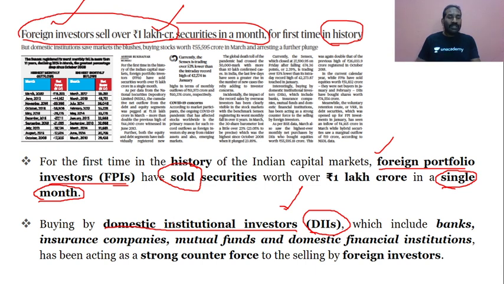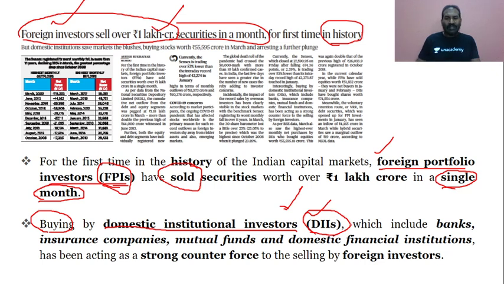So the domestic institutional investors are buying, while there is a selling spree from the foreign portfolio investors. This is very important from the analytical point of view. Please do understand, this is the analytical point of view for prelims, as well as for better understanding for mains. My way of linking the various aspects in a given issue will make you thorough, equipped, and enhanced in the way the UPSC is demanding from you.